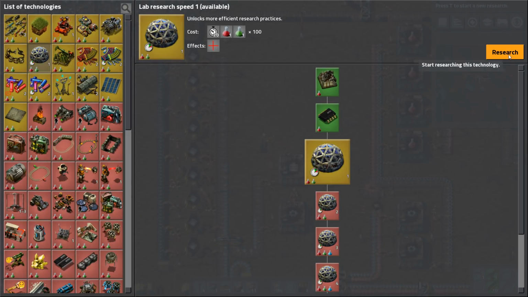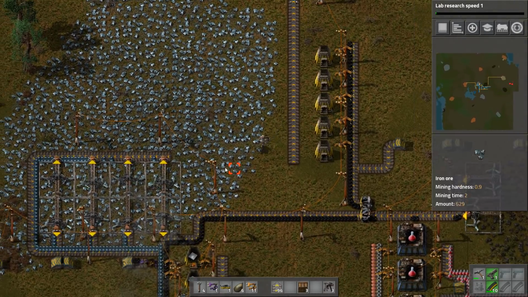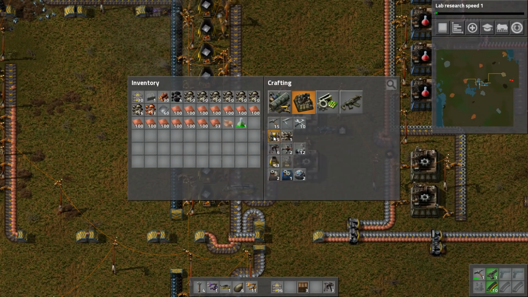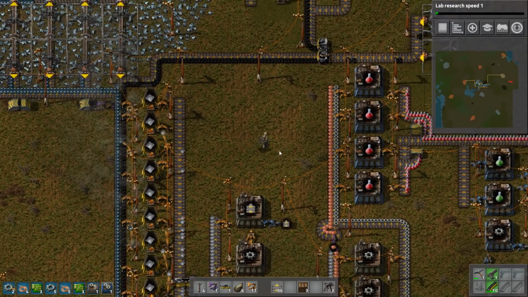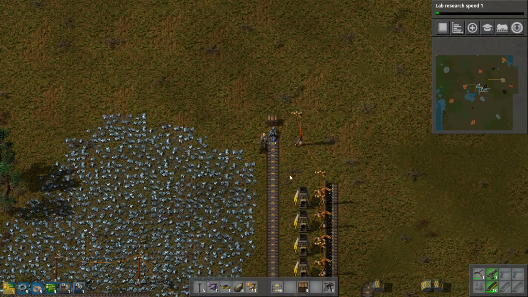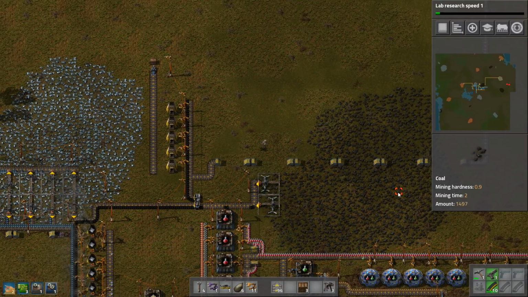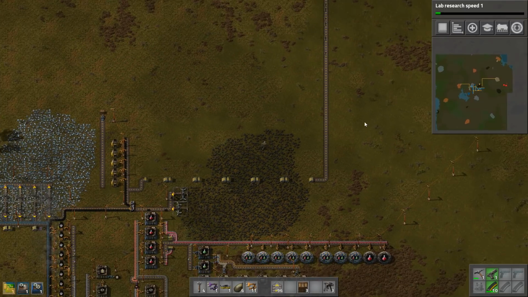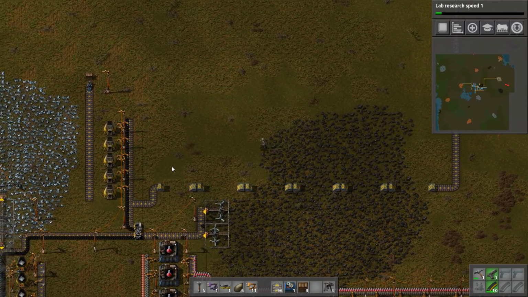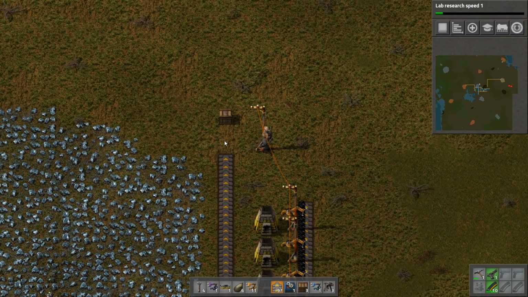Lab research speed 1, I'll take that. Ah, crap, I still don't have enough steel plates. There we go, now I do. Let's see. We are getting bricks. Eventually. Where's the stone at the moment? There's the first bit of stone coming down south. And once it gets to over here...